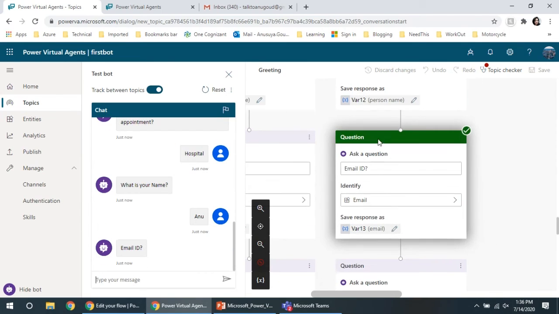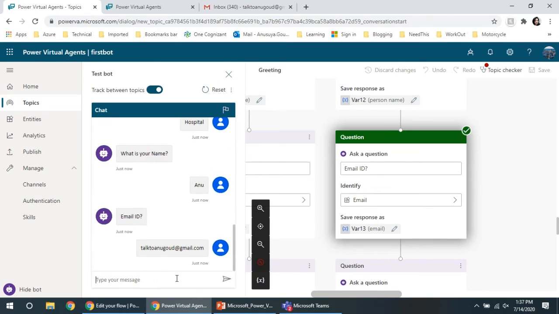So it is storing all the values in variables. You can actually rename the variables and give proper naming. And now I need to get an appointment receipt. So I would like to give the email address, dr.anusuya@gmail.com,